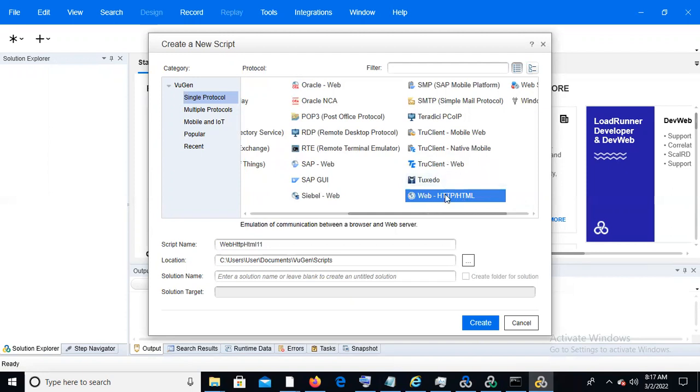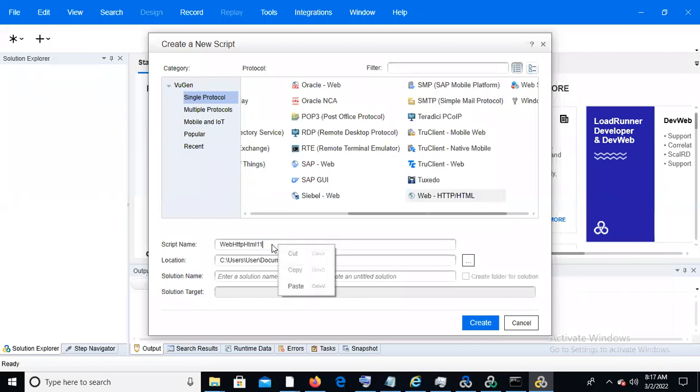Once you select this, then you need to give the script name. What we are doing is flight booking. You need to give a related name, flight booking underscore. I'm giving today's date. What is today's date? 02/03/2022. So I give that for the script name,